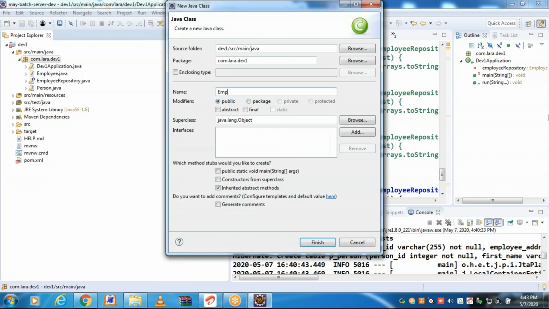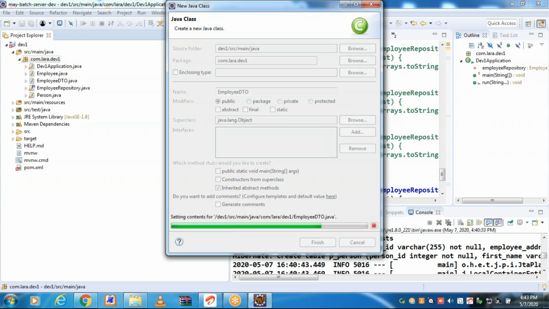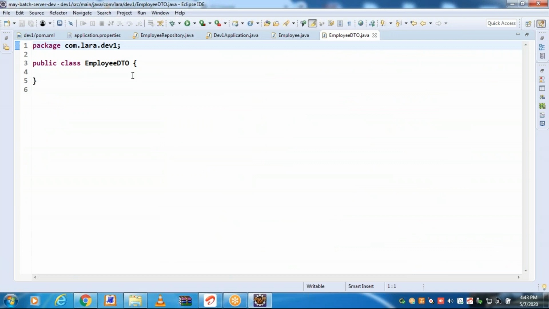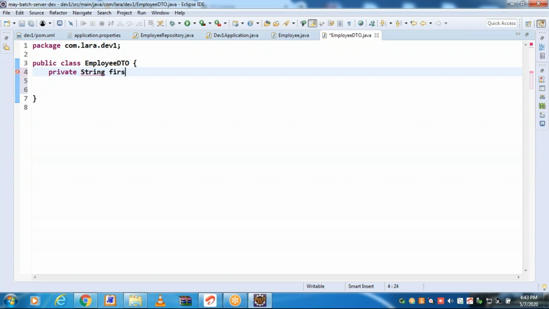I'm choosing the class name as EmployeeDTO, data transfer object. Based on your requirement, you can specify what attributes are required.